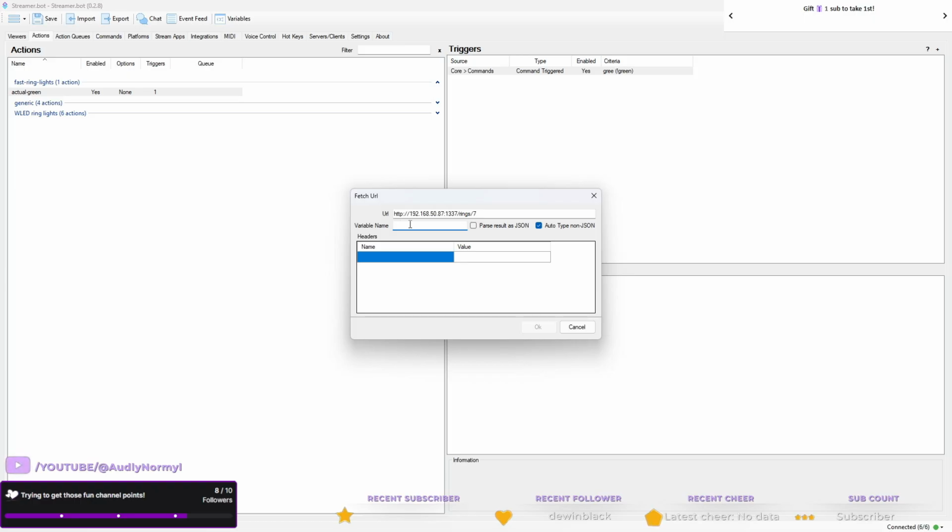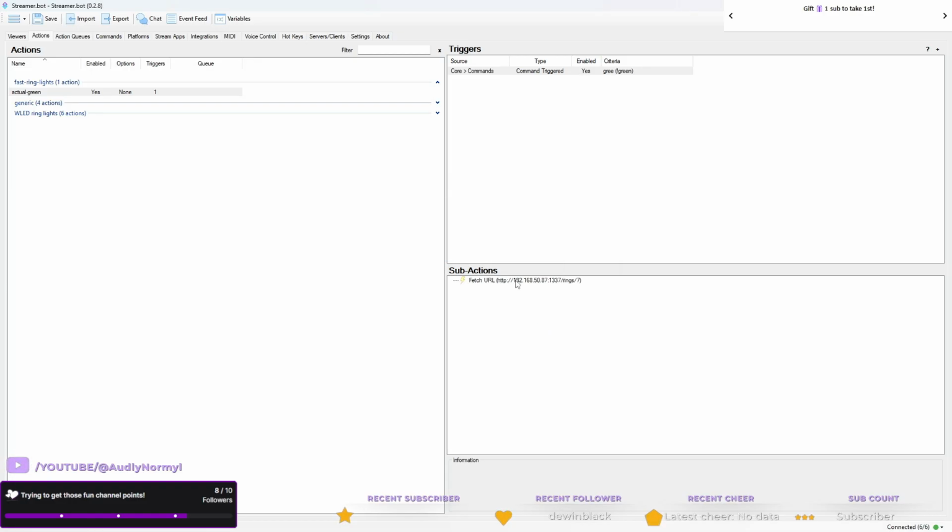It requires a variable name, so what do you want me to call it? Okay, so theoretically, this should already work. Okay, let's go back.